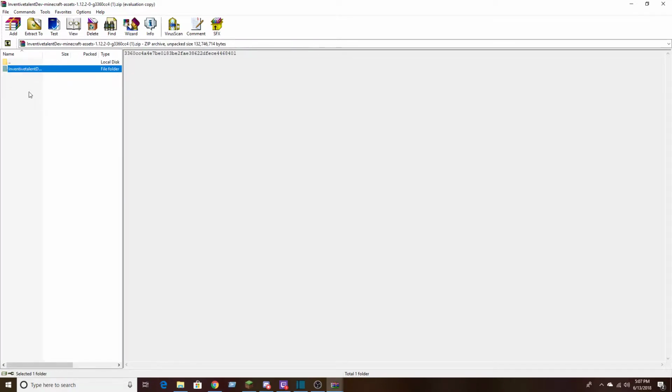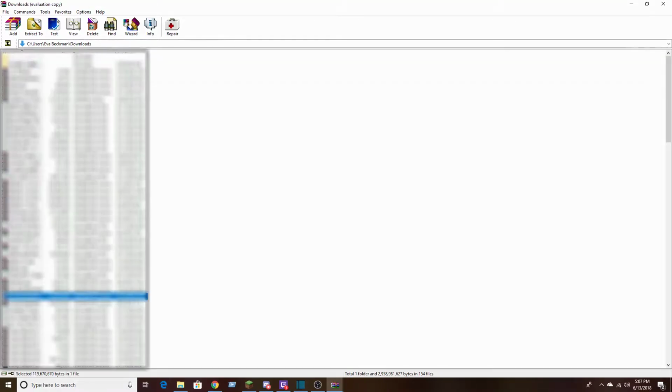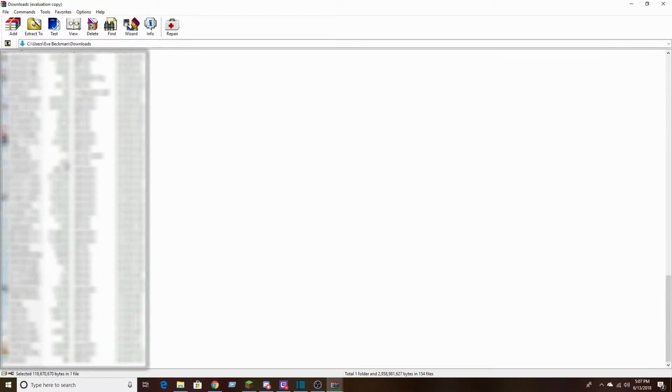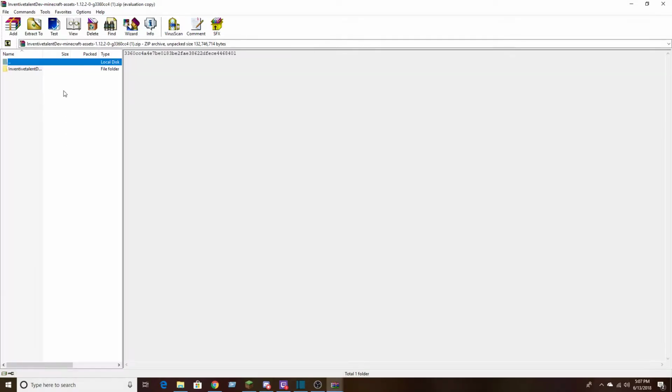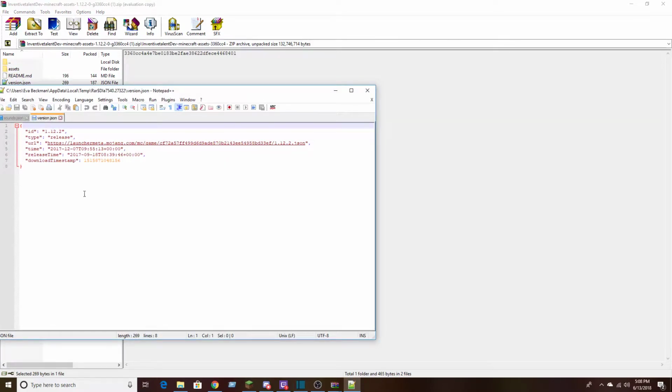What you want to do is not click this little dot because there will just be everything you have in there. Those are all your folders and files and everything. This is the one you want to click. It should say inventive, talent, dev, Minecraft assets 1.12.2, and so on. You want to click that, and then once again, do not click the top one. This README, you don't have to read it. This version.json file will take you to a Notepad++